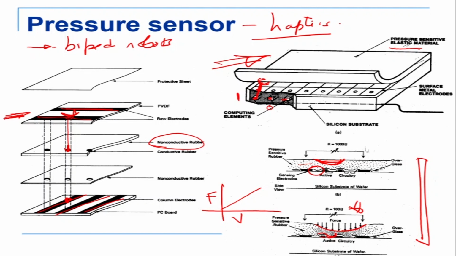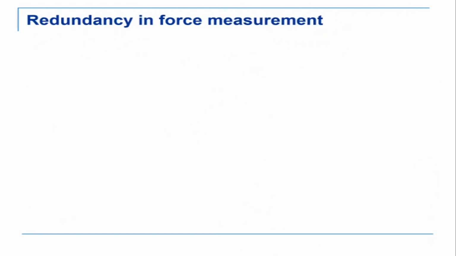Okay, so when we're talking about pressure sensors, when you're walking, you're actually feeling the center of pressure on the sole of your foot. So there are a lot of pressure sensors there. And when you're walking, this is how we ensure balance. You can actually measure the center of pressure, figure out where it is, and change your kinematics such that you don't fall down. Okay, when we come to gait planning, this is exactly what we'll see, how to do this by using pressure sensors. Now next we move on to force and torque sensors.